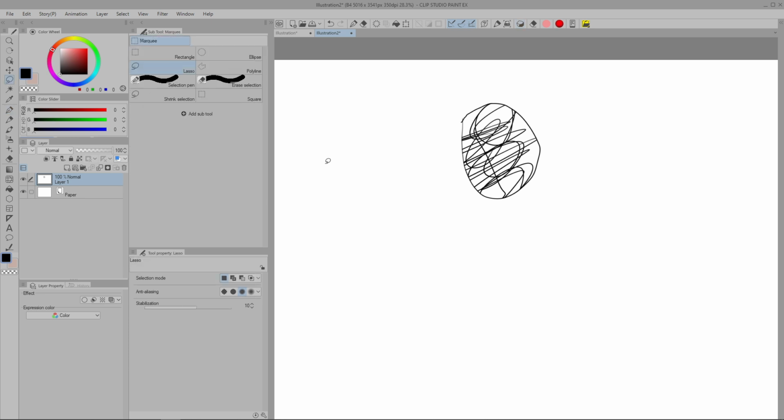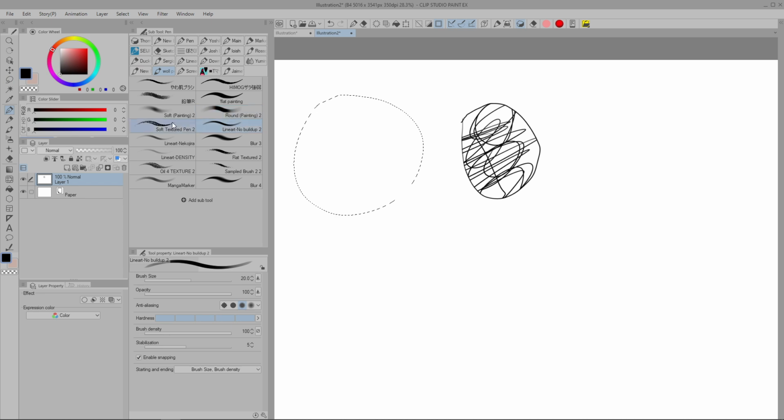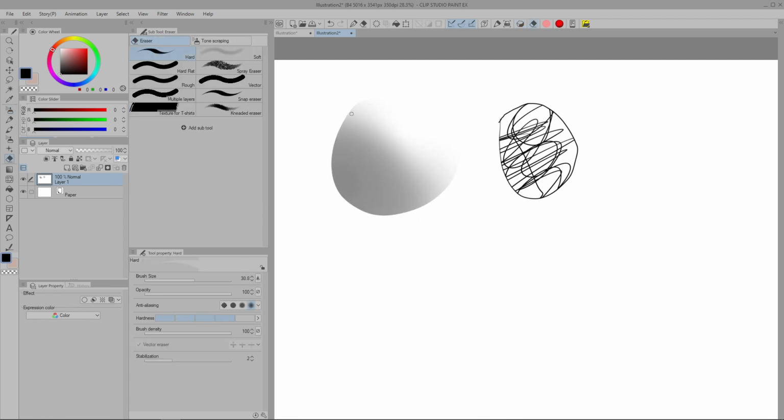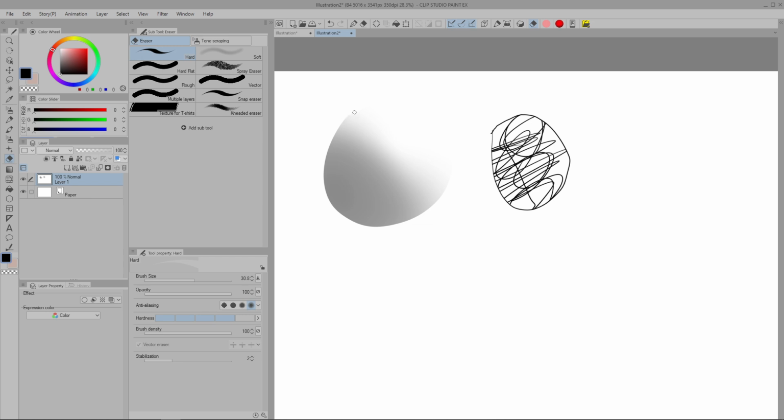And lasso lets you, if you have an area that you want to paint a mixture of hard and soft edges, what you do is this. So now I have a tone shape that I created that has softness around this area, but around the edges of my selection are hard edges of the tone. So you see that a lot of the time with